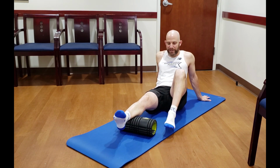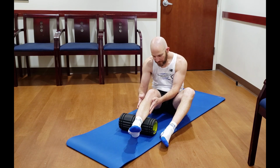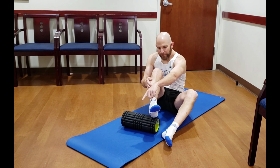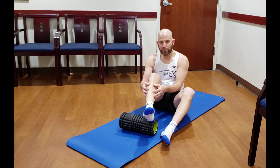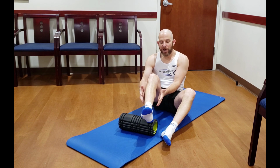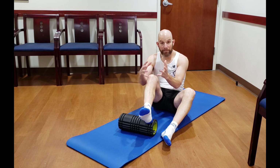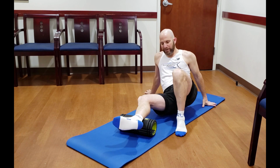So the next set of exercises we're going to show you is the outside part of the foot, the peroneals. The peroneal muscles, there's two of them. There's a longus and a brevis, long and short. On the outside, the long attaches to the inside of the arch, the short attaches to the outside of the foot. These are really important because they help stabilize that foot, working in concert with all the other muscles. So if you're going to relax one set of muscles but ignore the rest, you're neglecting a piece of the puzzle. So what I like to do is target the peroneals,